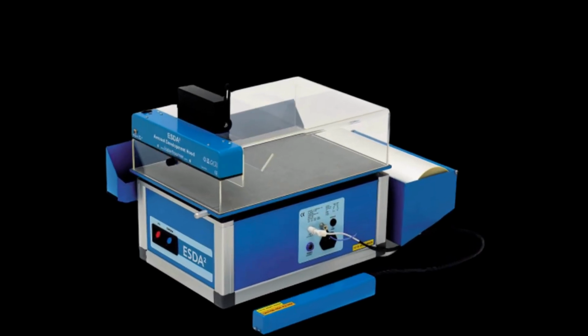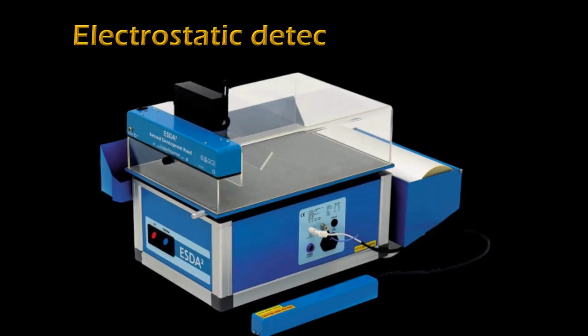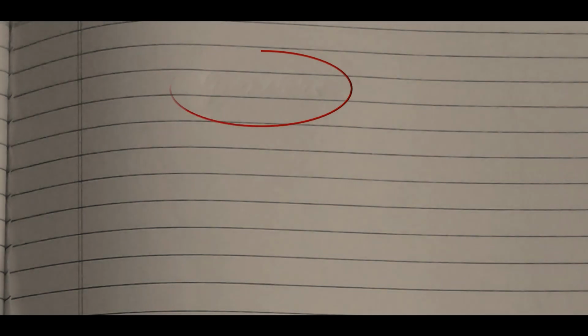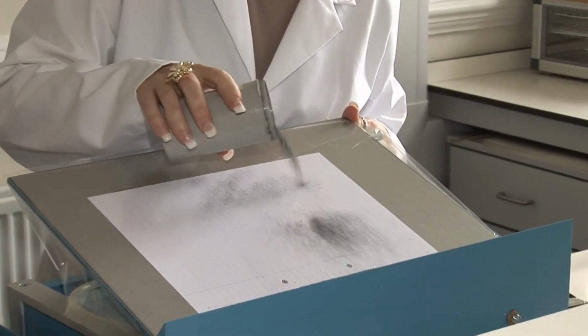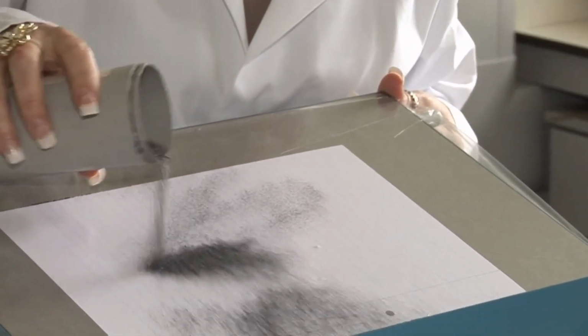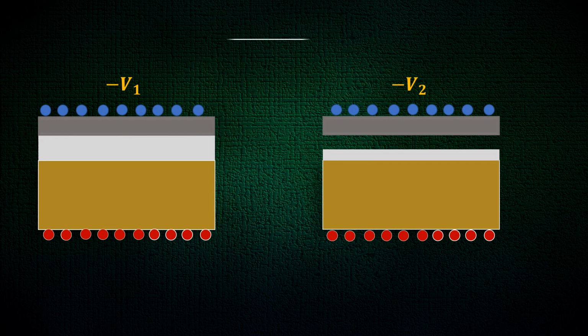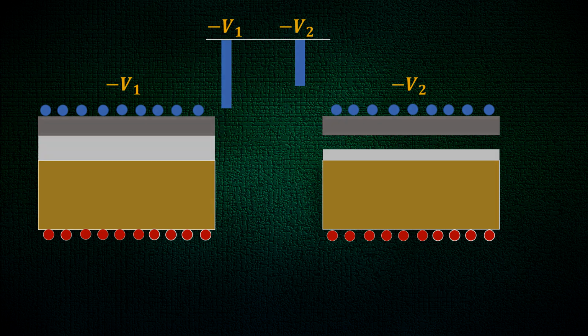We had a very conceptual discussion about this device in our previous video, and now we know why we need this device. It can actually read out the impressions on the paper. So the whole concept of working of ESDA boils down to the difference in potential of the two areas, where we have impressions and where we don't have impressions.